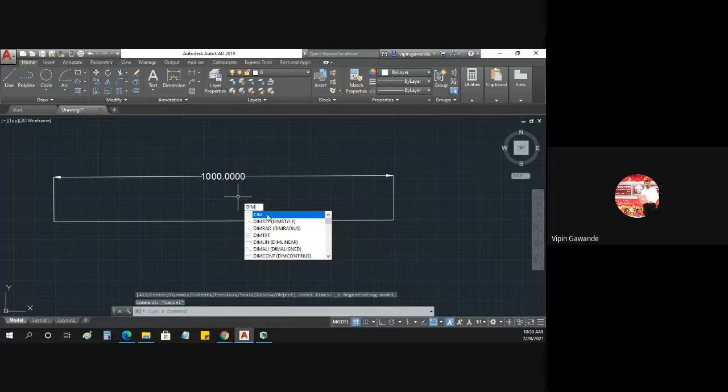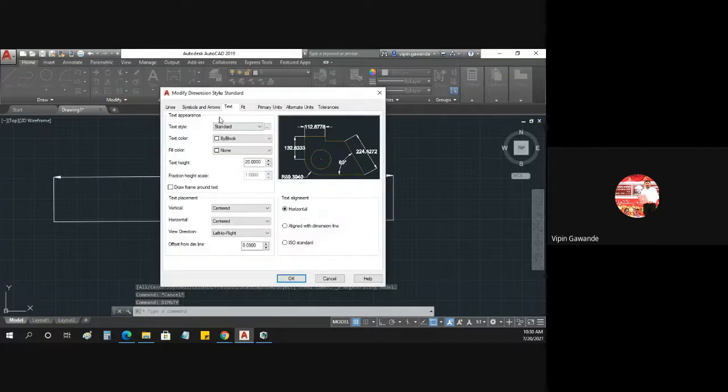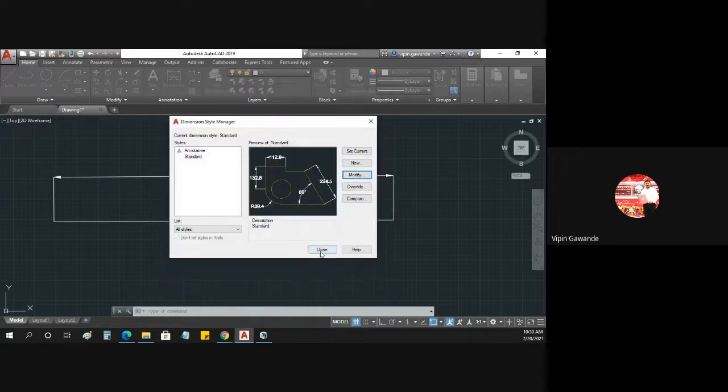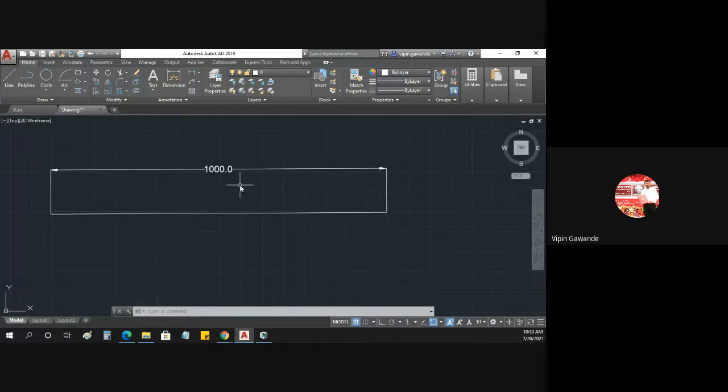Again, we'll go to the dimension style. Okay, modify. Now we have to change here the primary units, and in there precision is there. So I will make it only 0. So I will get only one thing, or you can take 2 zeros or 1 zero here. Okay, like this. Now see here, after 1000, that is 0.0. So 2.5 or something like this we will get, or you can get 1000 also.